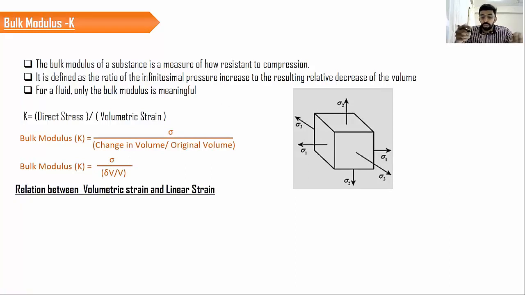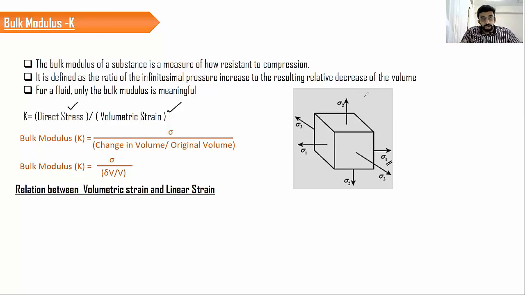See, when we apply a load, for example, let us take this case, we apply a load in the x direction as well as the y direction as well as the z direction. If you consider a loading like this, the material is going to deform in the x, y and z directions. Thereby, a change in volume will happen. So the bulk modulus is related to the change in volume. Basically, the volumetric strain is nothing but the change in volume upon the original volume. Due to the application of the load, a volume change has happened and the volumetric strain is the one which we consider here. But the stress is nothing but the direct stress or the normal stress.